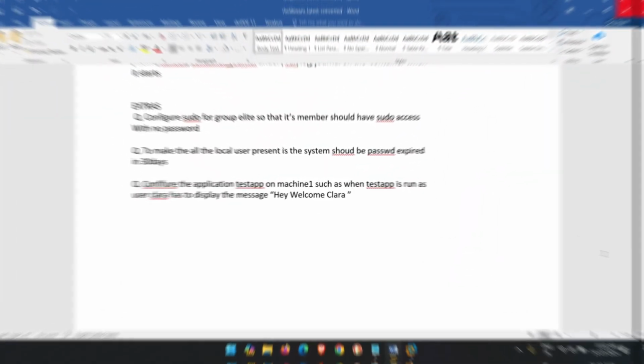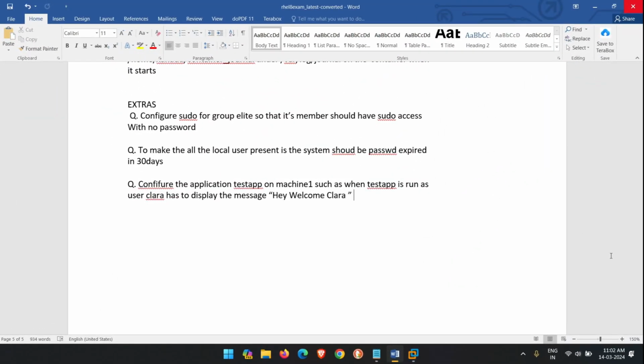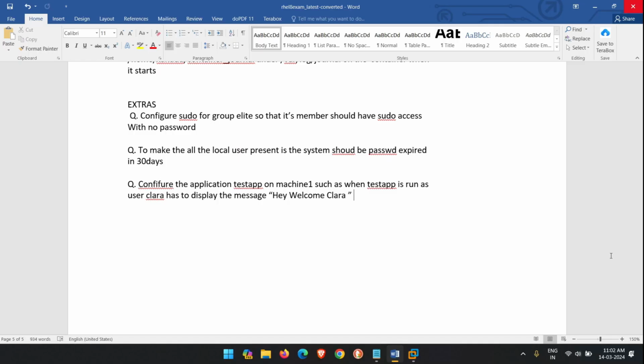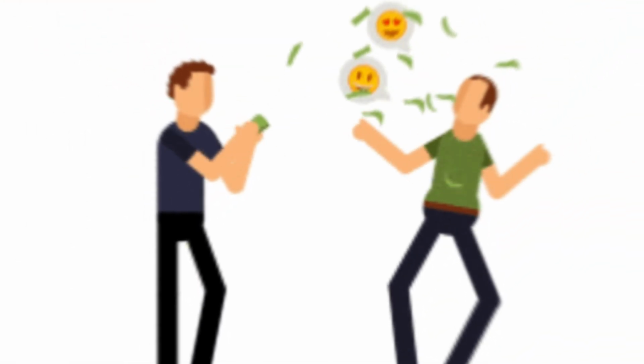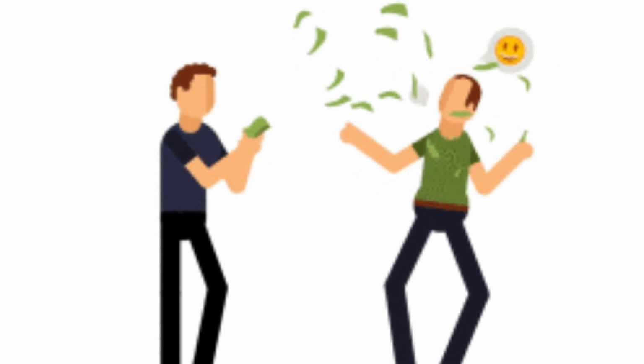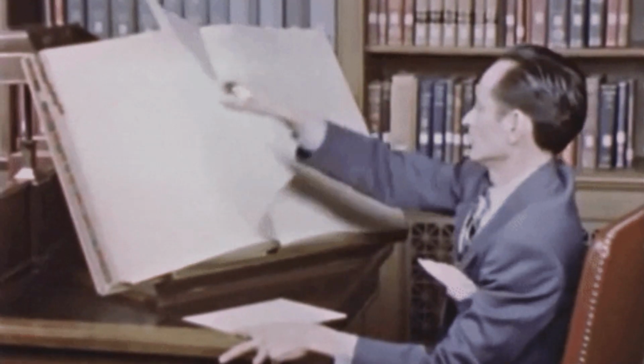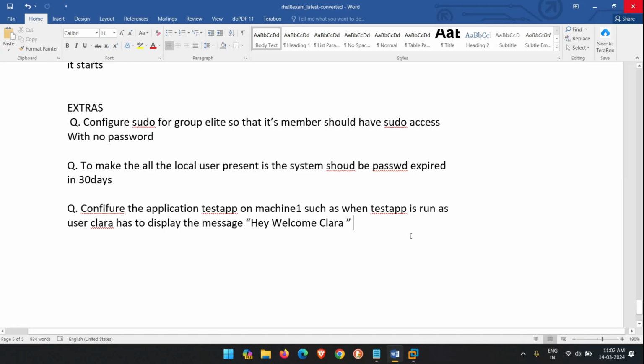वेलकम बैक गाइस। लास्ट सेशन में हम लोगों ने EX200 के क्वेश्चंस कुछ देख लिए थे। सो ये सेशन कुछ बोनस क्वेश्चंस के लिए है, दैट इज सम एक्स्ट्रा क्वेश्चंस। ओके, सो एक्स्ट्रा में क्या क्या क्वेश्चंस आ सकते हैं वो अभी जस्ट मैंने रिसर्च करके कलेक्ट करके रखा हुआ है। दीज आर एक्स्ट्रा क्वेश्चंस।